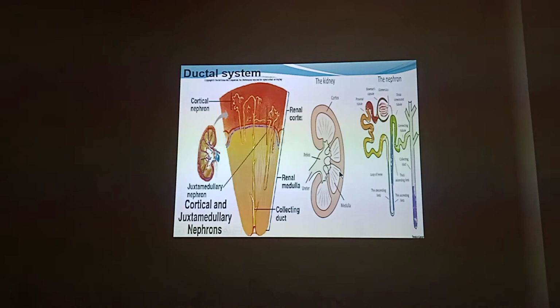having a striated appearance. You can see the striations, and it is lightly stained. And this cortical matter infiltrates in between the two pyramids, and this is known as the renal column of Bertin. Okay,